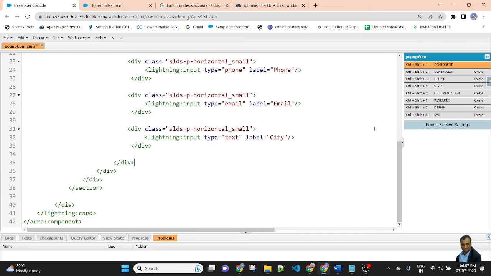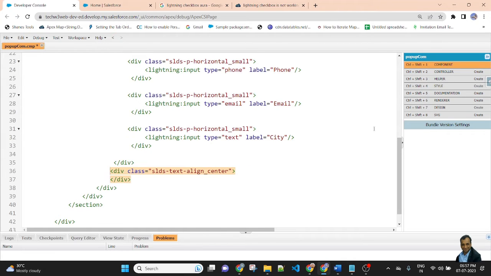Then I will create a button div with class equals SLDS-text-align_center, and here I will create a Lightning button.